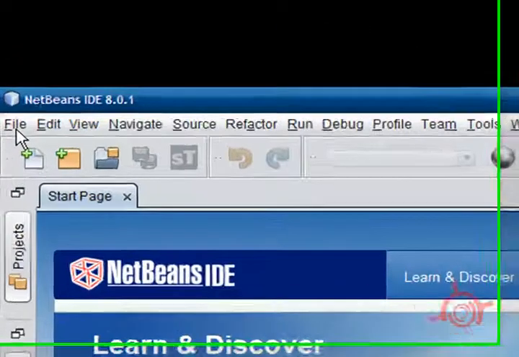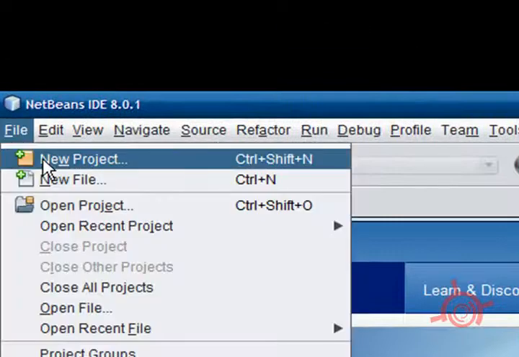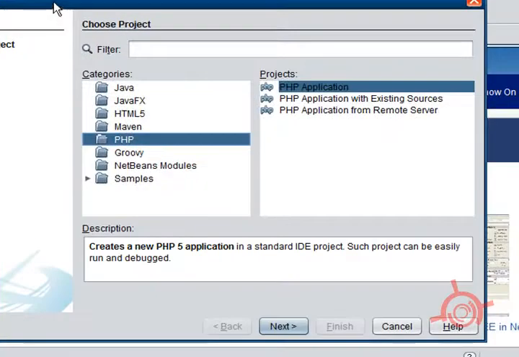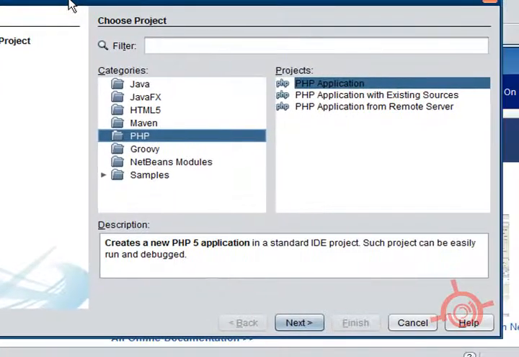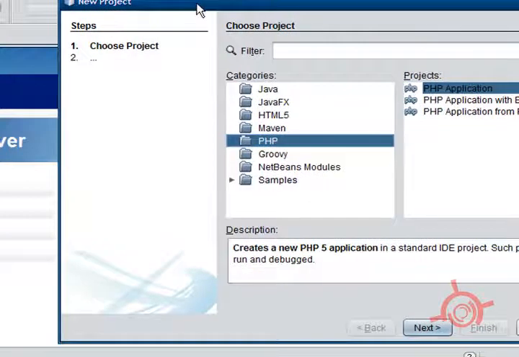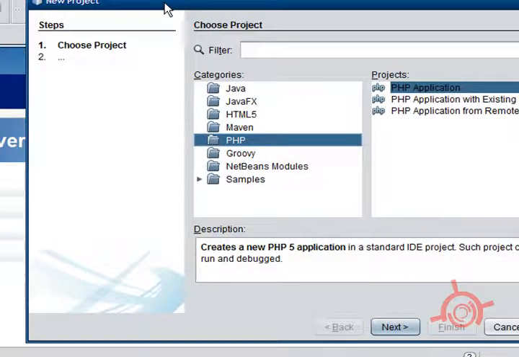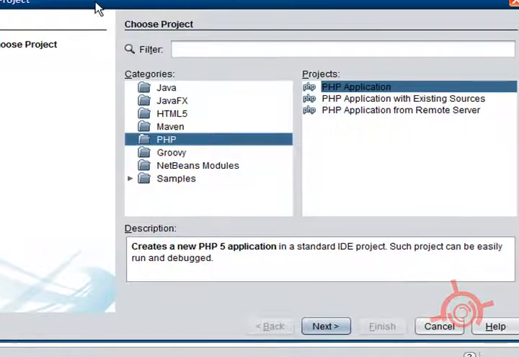So click File and New Project. Again, why am I using NetBeans? It makes sense. You need a powerful IDE to develop PHP applications, and right now the most powerful free IDE that we can use to develop PHP applications is NetBeans. So PHP, then click PHP Application, click next,